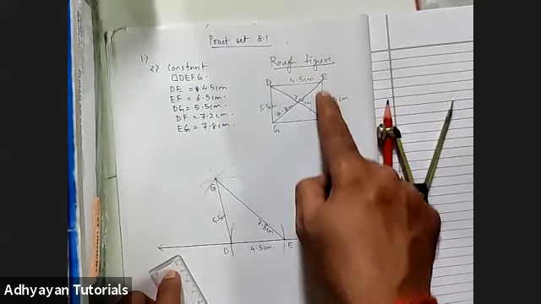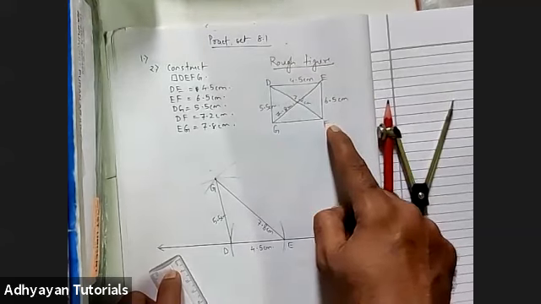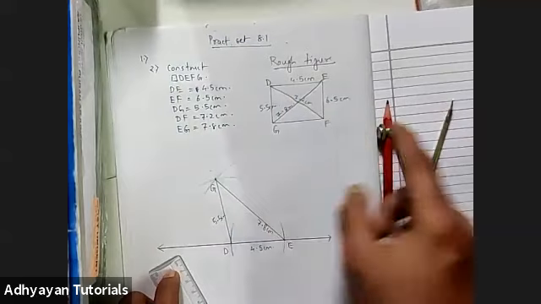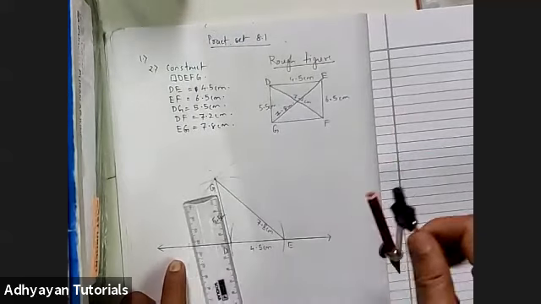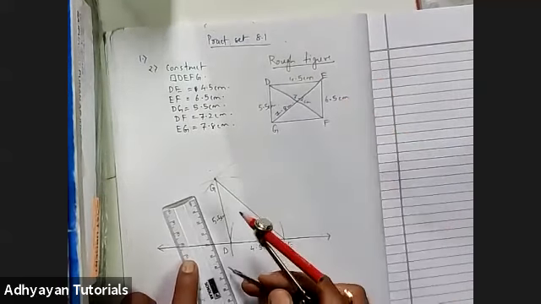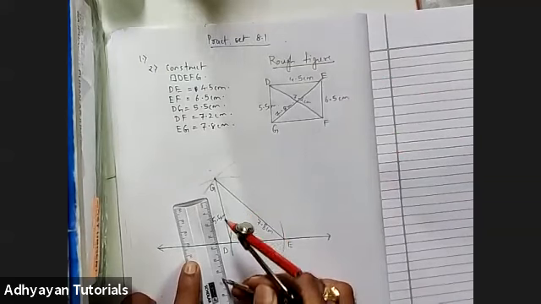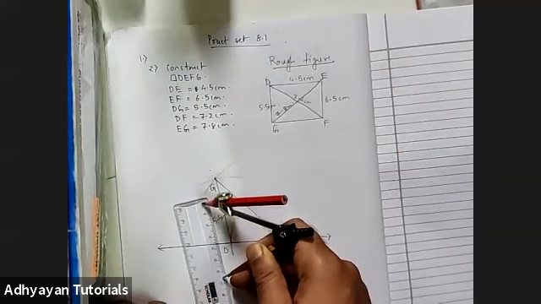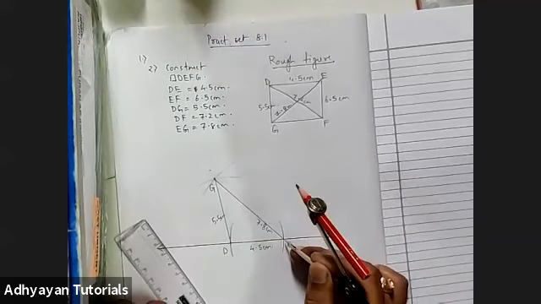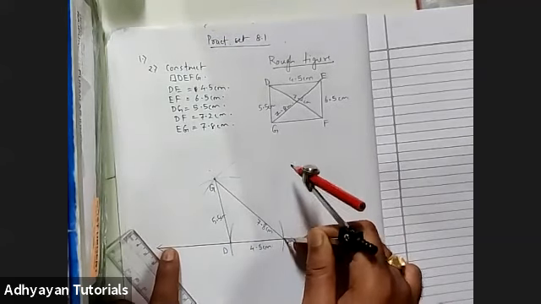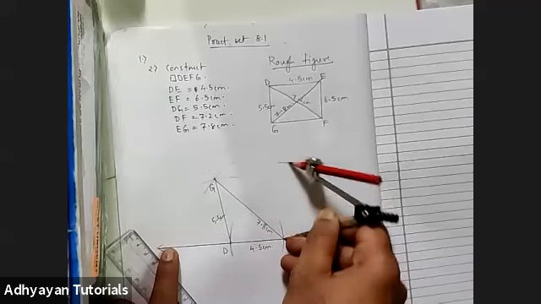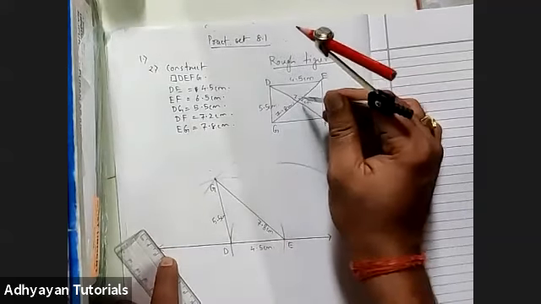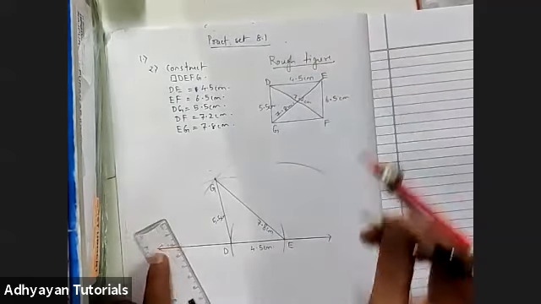Right? So in order to construct triangle DFE, this time the measurements which we would be needing are 7.4 and 6.5. I'll consider 6.5, which is EF, first. So 6.5, children. I've taken 6.5 centimeter in the compass. I place the pointer on point E and I draw an arc. Right? The next length which I would be needing is 7.2 centimeter, DF.